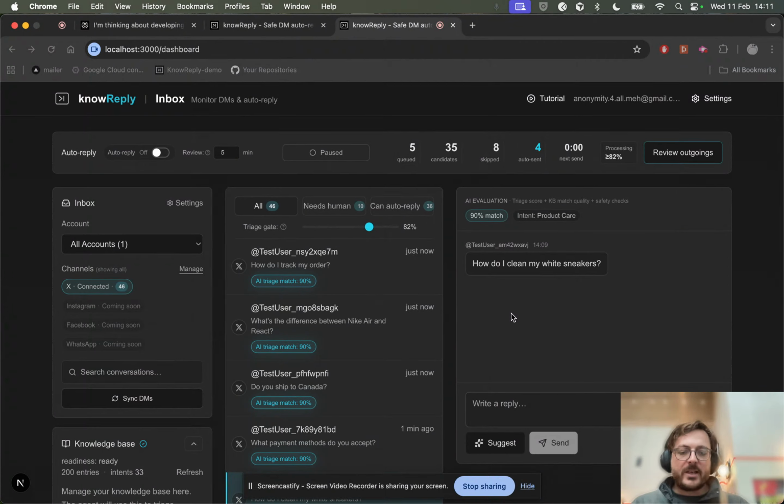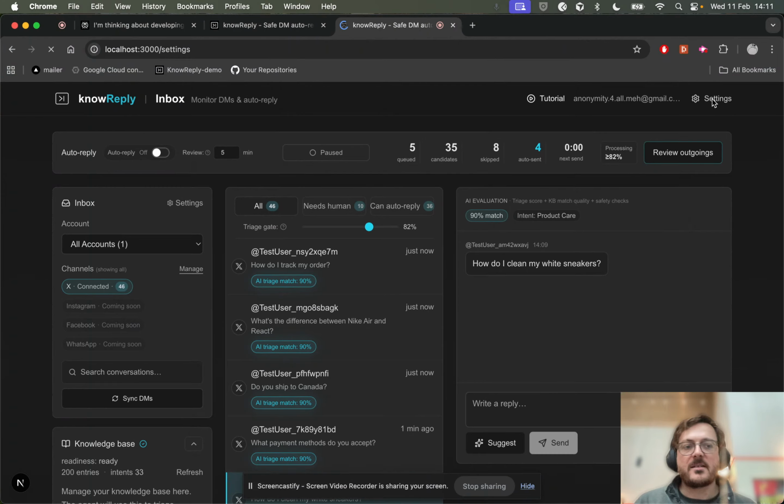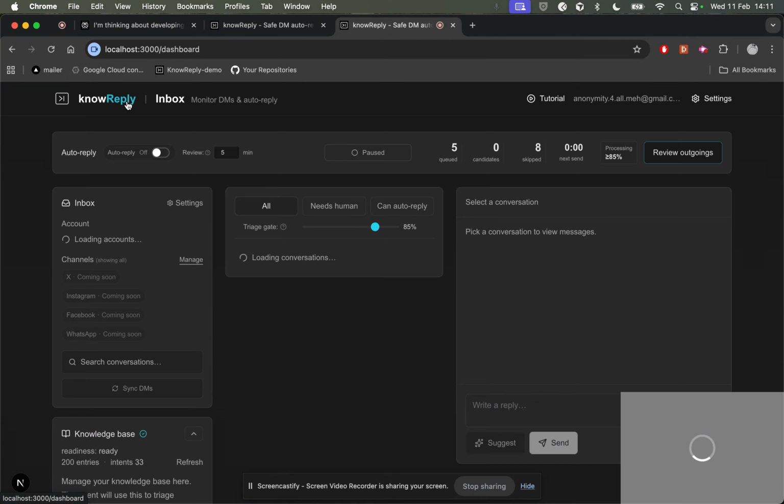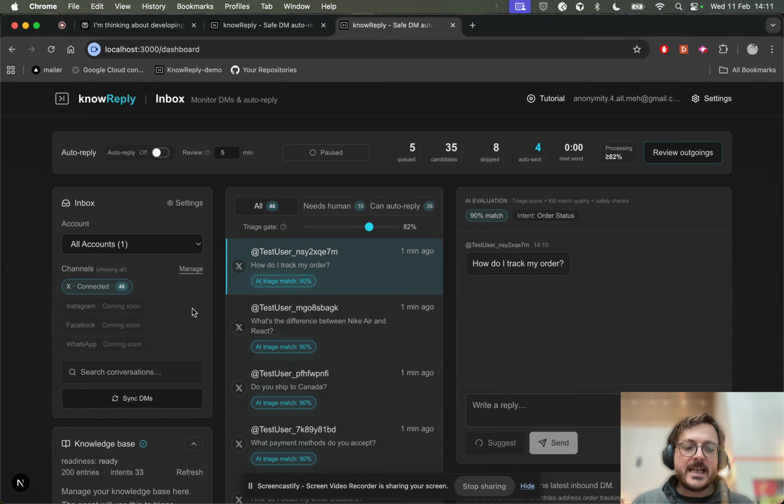Let me show you real quick how KnowReply works. The first thing you want to do is connect all your social media accounts, which you can do from the settings or from the onboarding steps. Now, this will allow all the DMs that are sent to your social media accounts to also show up in